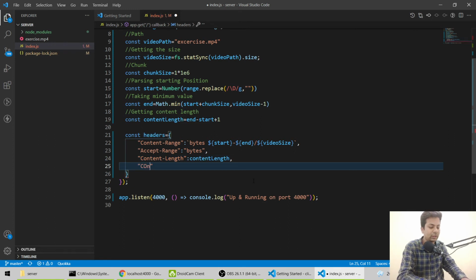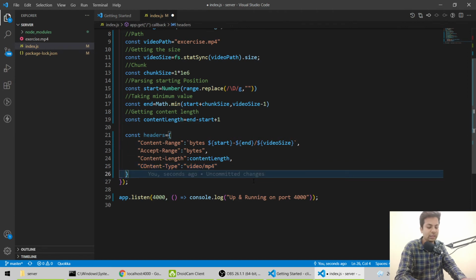Then content dash type, which will obviously be video slash mp4. If you have something else, you have to specify that. Now it's done. Now we'll send it back.